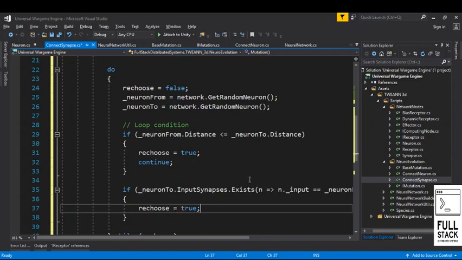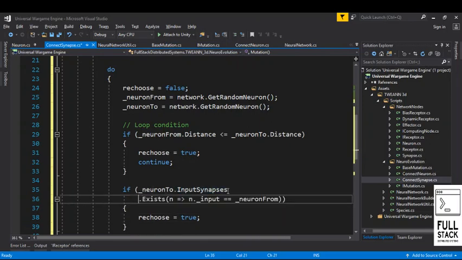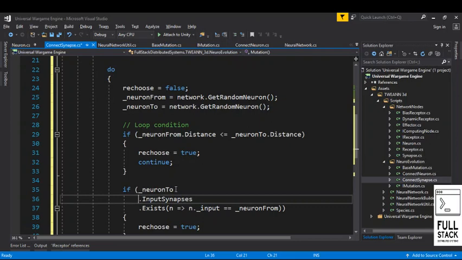Alright, let's break that down. So we can just say that exists. So if neuron 2 dot input synapses exists,